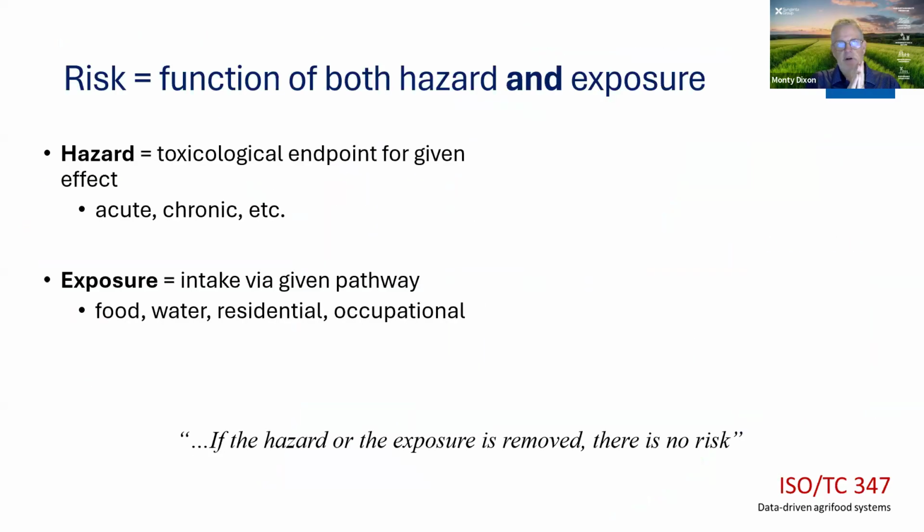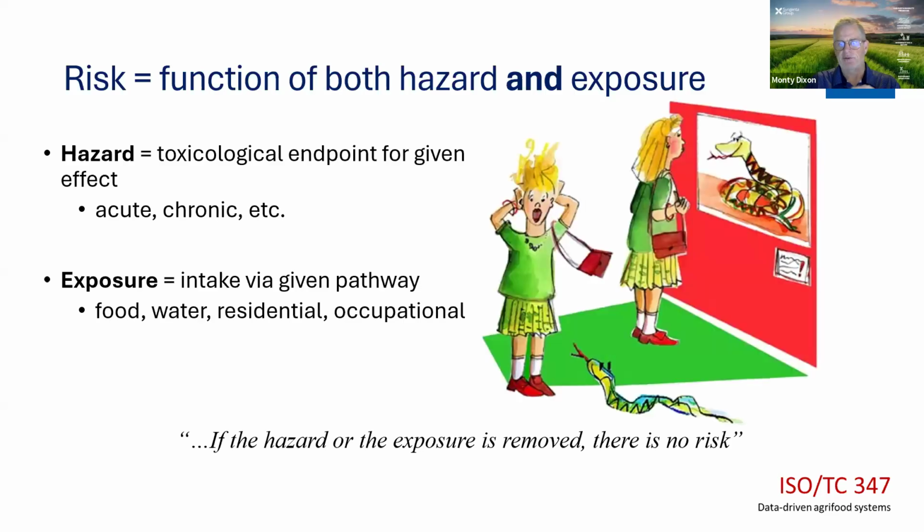And risk is a function of both hazard and exposure. If you have something that's highly hazardous, but you have limited exposure, you have low risk. You might have something that has very low hazard, but very high exposure, and there you still have risk. So it's really a function of both the hazard and the exposure that determines the risk. If we think about this venomous snake behind glass, it's very poisonous, very high hazard, but very low risk behind glass. However, if the snake gets out, suddenly the risk goes significantly higher. So that's a good way of thinking about risk as being a function of both the hazard and the exposure.